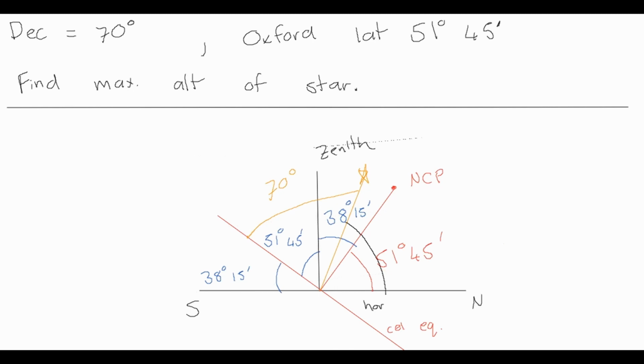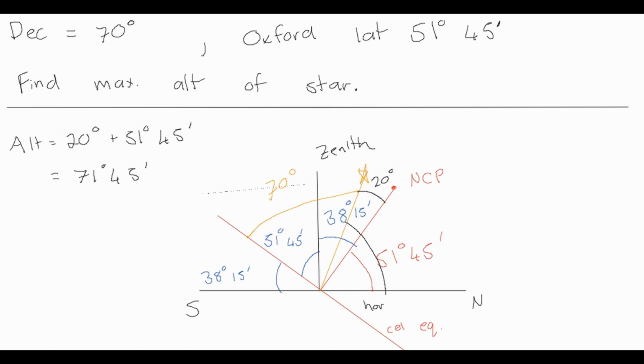And a bit of simple geometry will let us figure out what this angle is. So the angle between the star and the North Celestial Pole is just 90 minus 70. So this is just going to be 20 degrees here. And then the angle between the North Celestial Pole and the horizon is 51:45. So the altitude of our star is going to be 20 degrees plus 51 degrees, 45 arc minutes, which is just